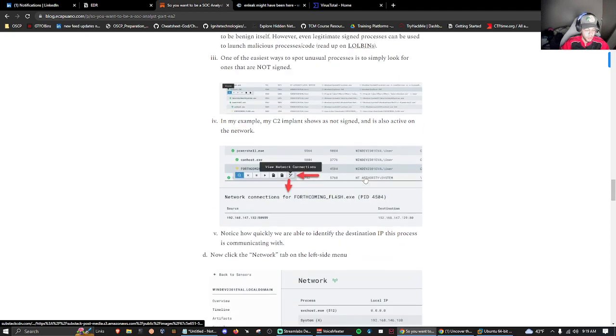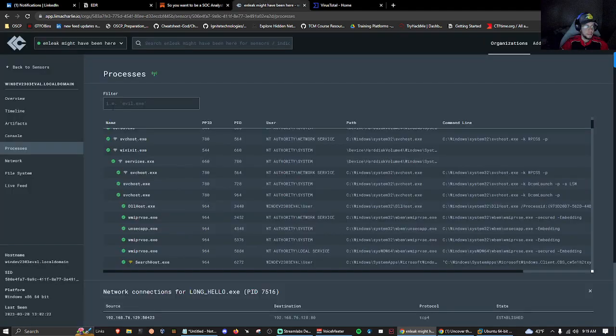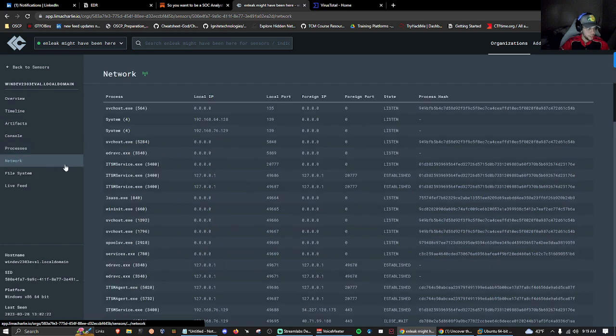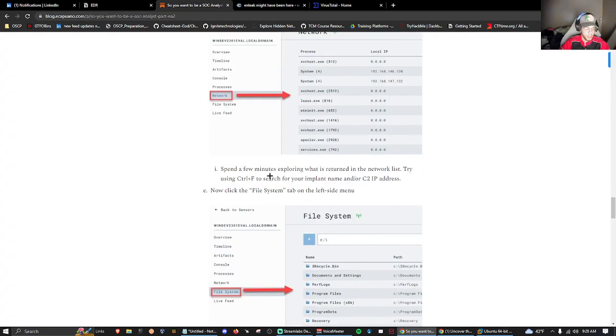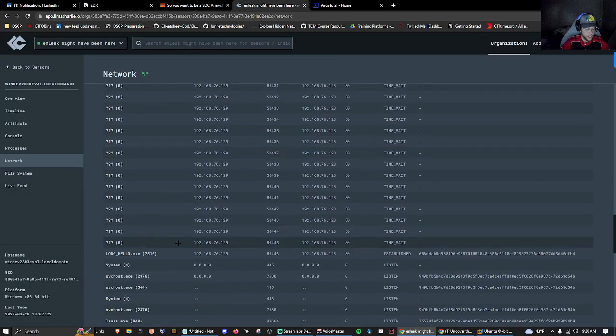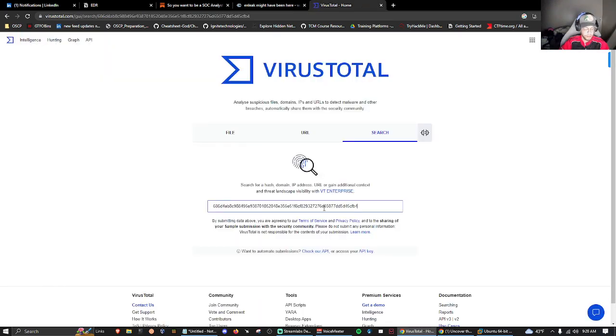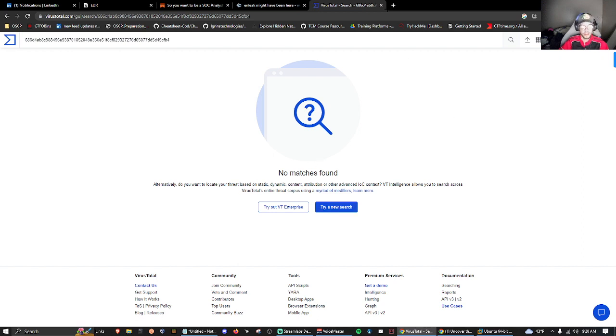So next, what we're going to do is click on the network tab. We're going to go here to our network tab. This is super interesting. We see the processes, the IPs that they're communicating with, and the hashes. So what if we grab the hash from this long hello exe and run it through VirusTotal. No match is found, and that is completely fine,